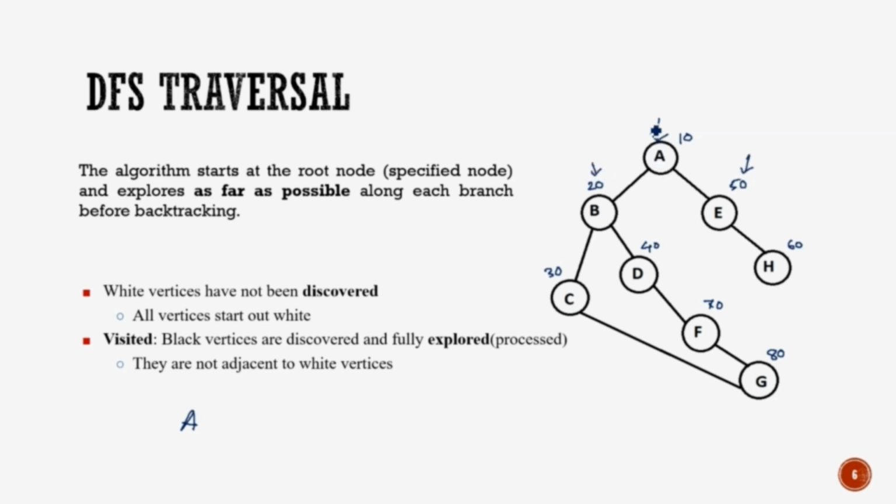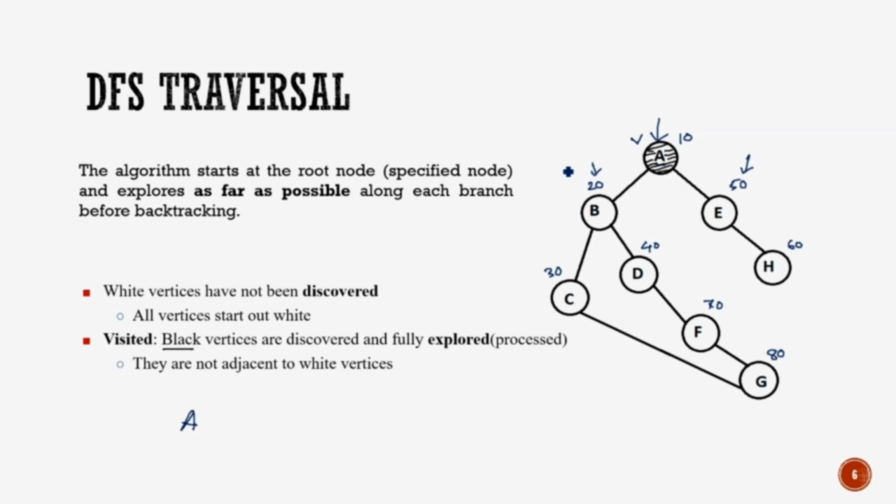We know everything about this node A. We know the content of node A and we have printed it. And also we know the adjacent nodes of node A. So we have explored everything about node A, and we call this type of node a visited node or an explored node. And we assign the black color to this node. So visited nodes are colored black.